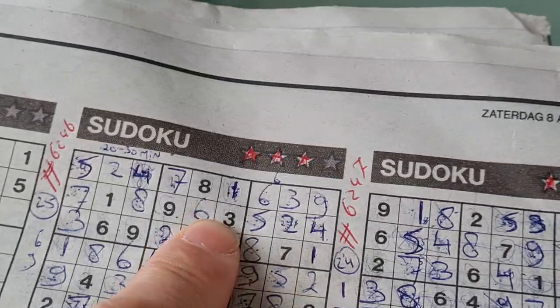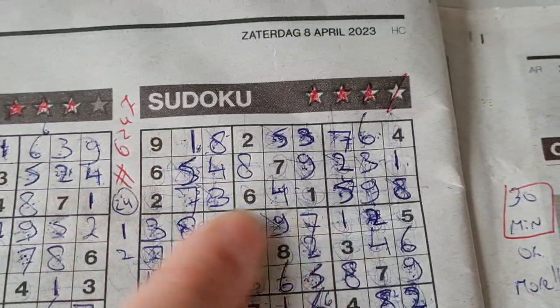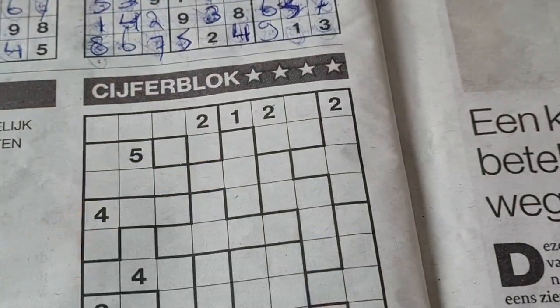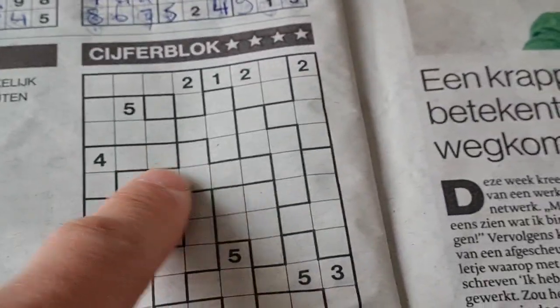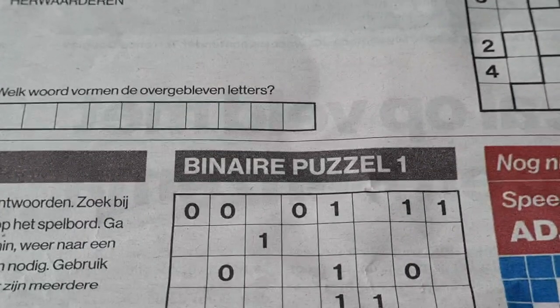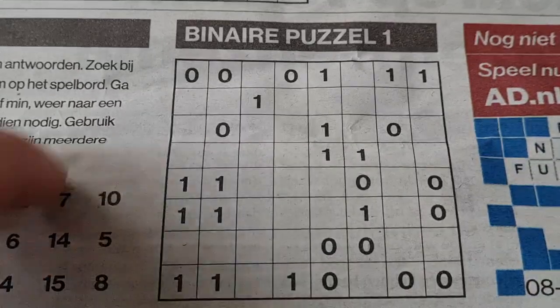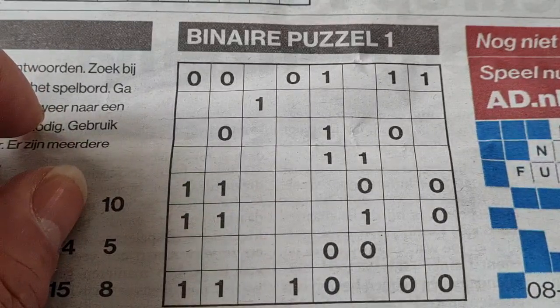We have two puzzles already solved, the 3 stars and the 4 stars Sudoku. Two puzzles remain: the 4 stars Sudoku, and Tectonic. In Dutch they call it cipher block, in Japanese Suguru. But is this binary again